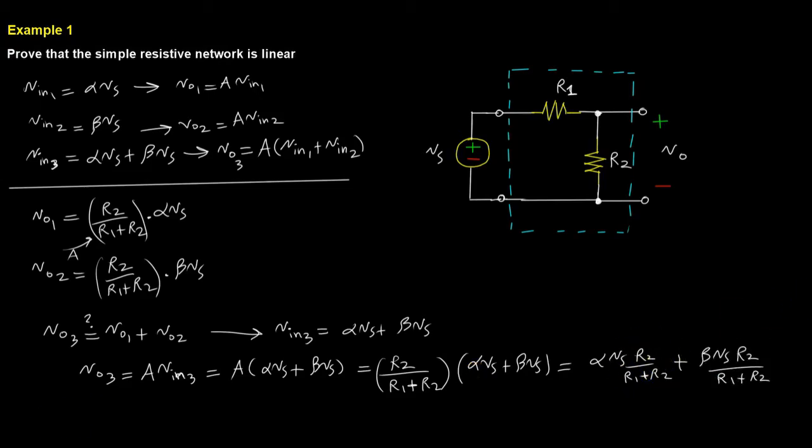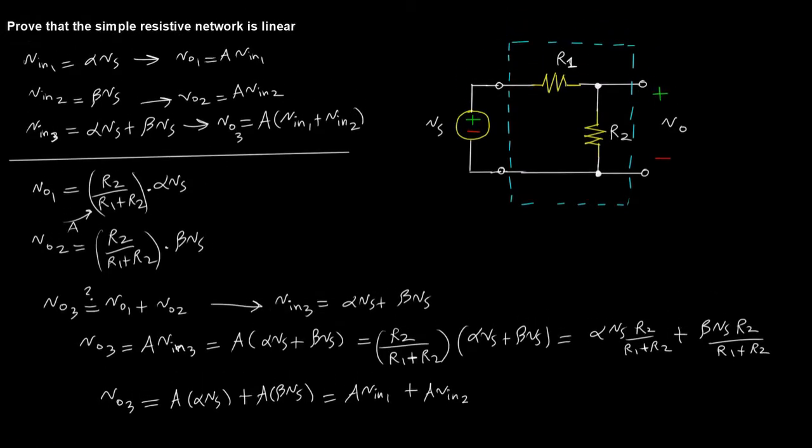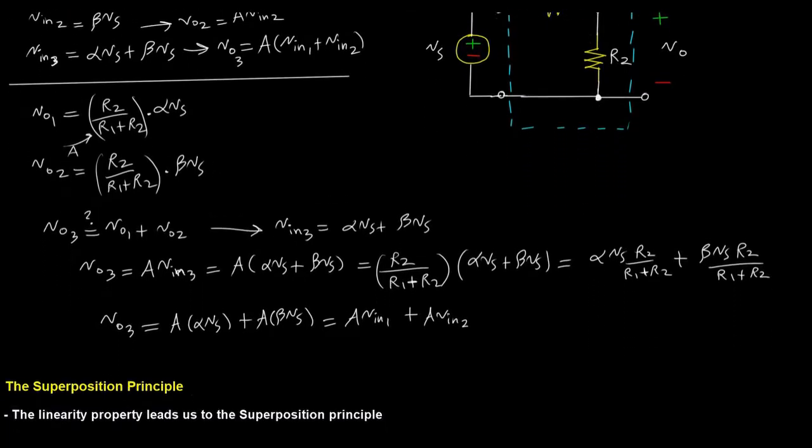Okay, so that's our final answer, and just to simplify it a little bit and summarize it, for Vo3 we have proven that it is simply A times alpha Vs plus A times beta Vs, which is equal to A Vn1 plus A Vn2. So we have proven that the system is linear. It's very simple, and I would hope that you can get very comfortable with this as we move forward,